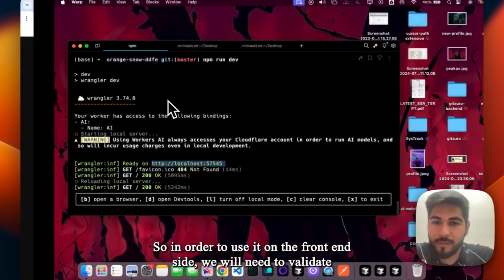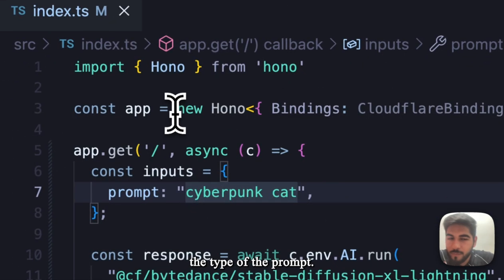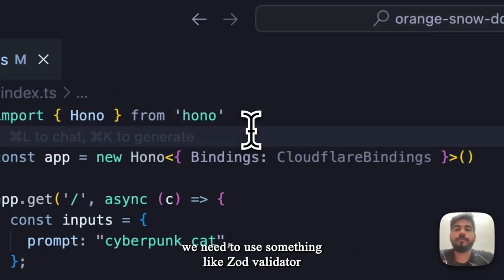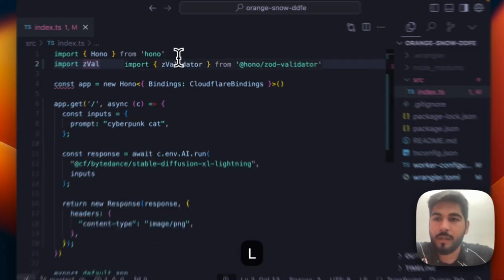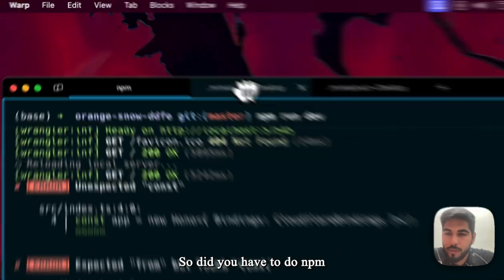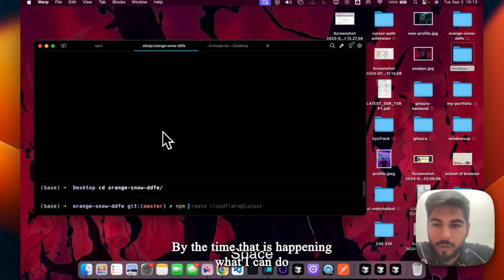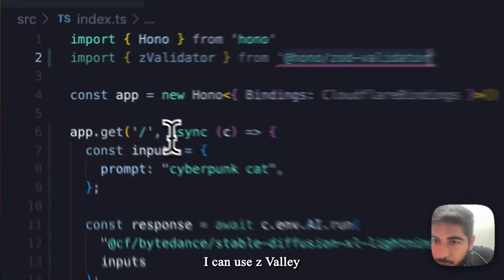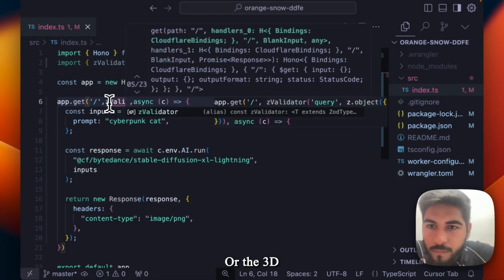So in order to use it on the front end side, we will need to validate the type of the prompt, and to do that we'll use something called Zod validator. So zValidator from Zod validator, and I need to install it as well. So I'll go ahead and run npm install for the Zod validator. While that is happening, I can make a few changes. I can use zValidator on the query,